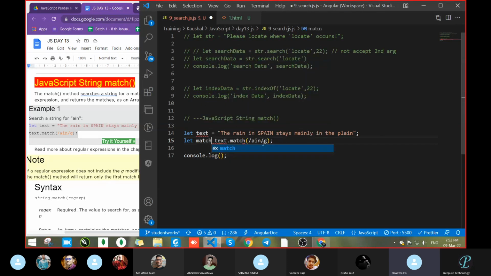Sir, first we declare the variable and give the value, a string. And after that, line number 15. What will it do? It will take the complete string, correct? And it will go for the matching, the match method. Fine. Inside match, what we passed, Abhishek, what is this written? Explain me each line.